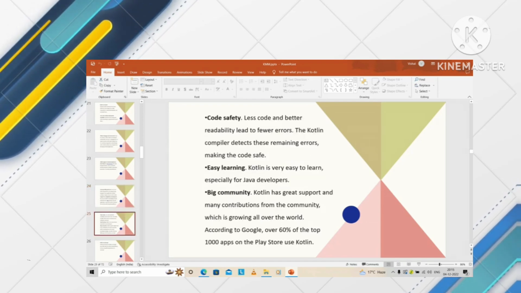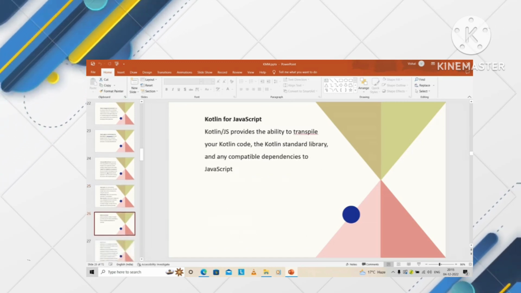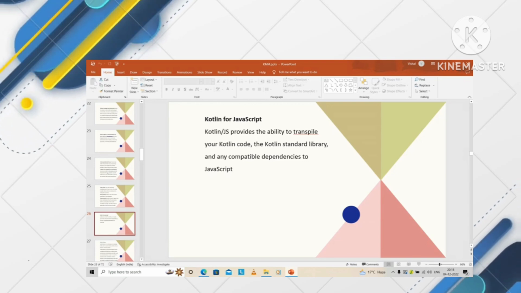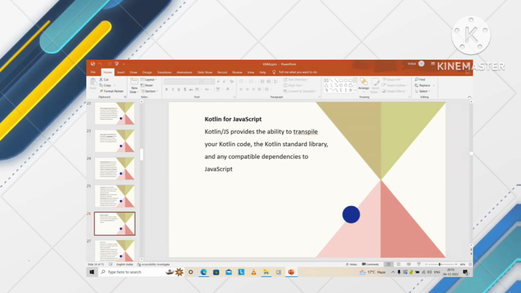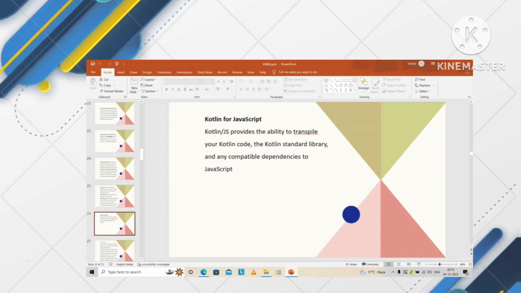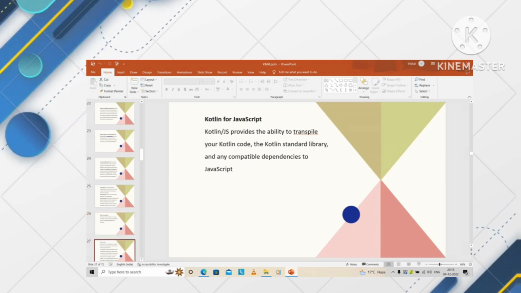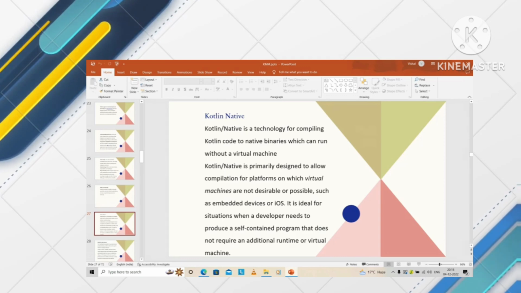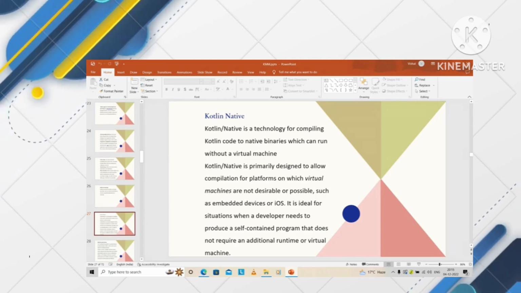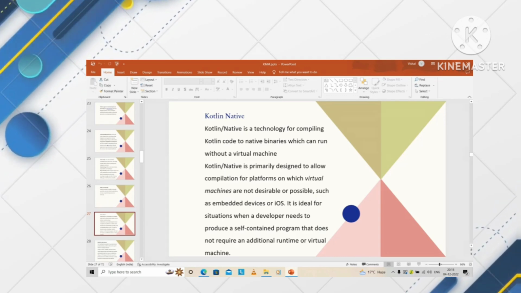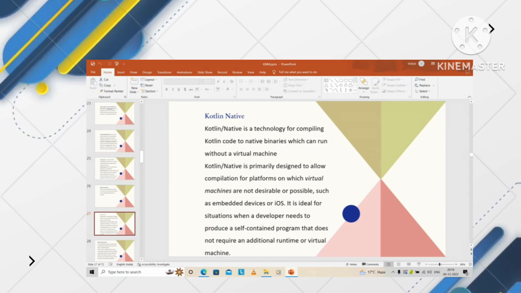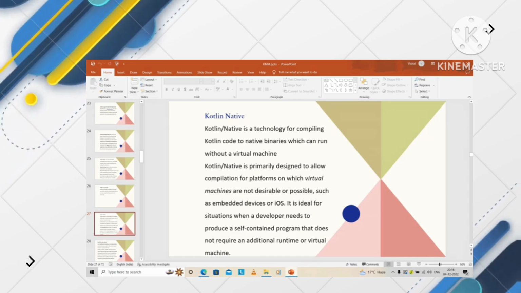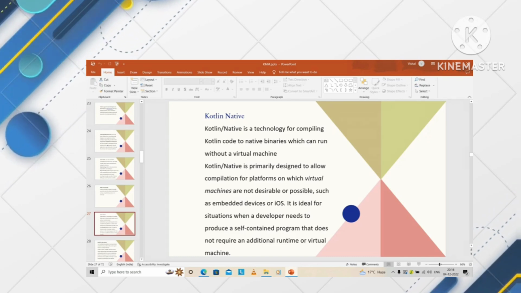Code safety, easy learning, big community. So these are a lot of things we have to learn in our conversation. As we discussed in the diagram, Kotlin for JavaScript, how we can use that, there will be one more lecture for that. So we have to work in every area, from native to server side, everywhere. We also work with JS, and we work with Ktor. So all of these we have to work on. I will create different sessions for them, so we can touch